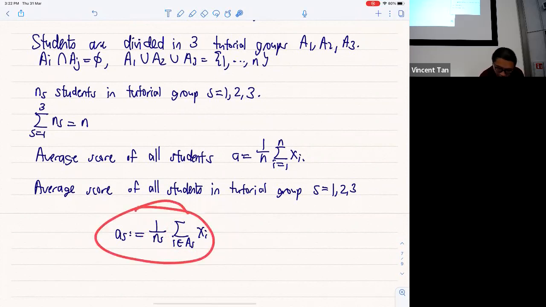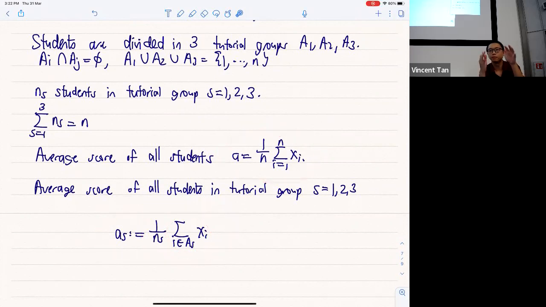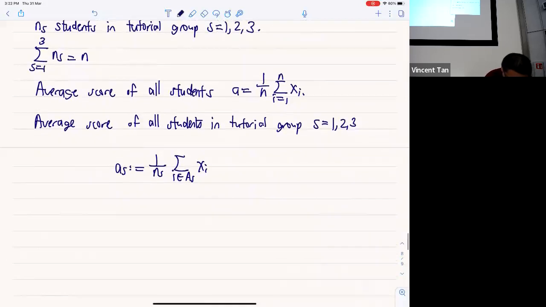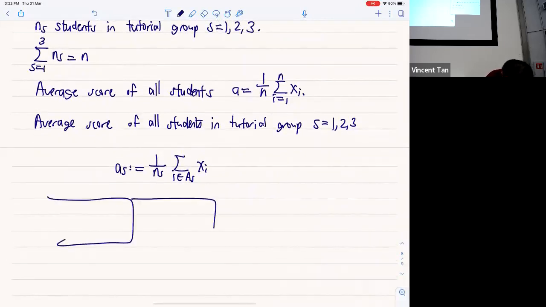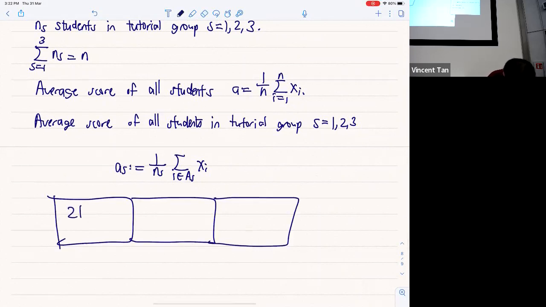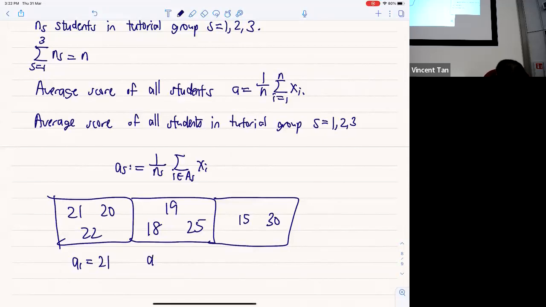So how are all these related to this? So these are the tutorial group scores. For example, I have 3 tutorial groups, and the scores are as follows. This tutorial group has these scores. This tutorial group has these scores. This tutorial group only has 2 people, and their scores are 15 and 30. So basically there is an average. It is very difficult for me to calculate the average, but here the average A1 is 21. Here the average A2 is